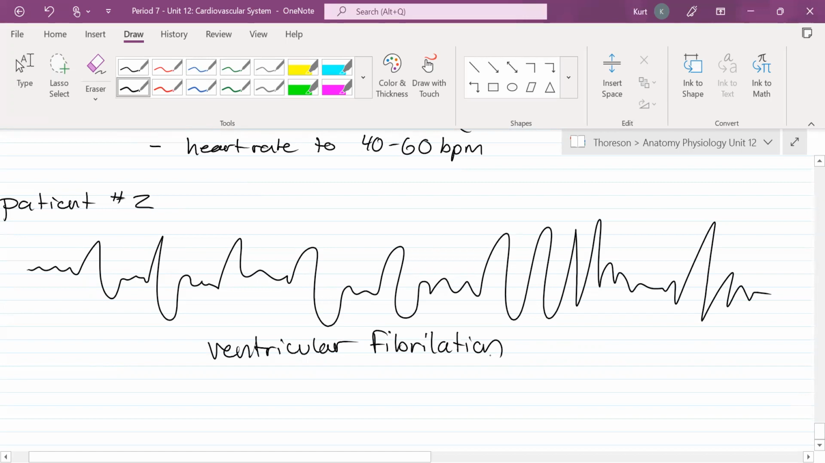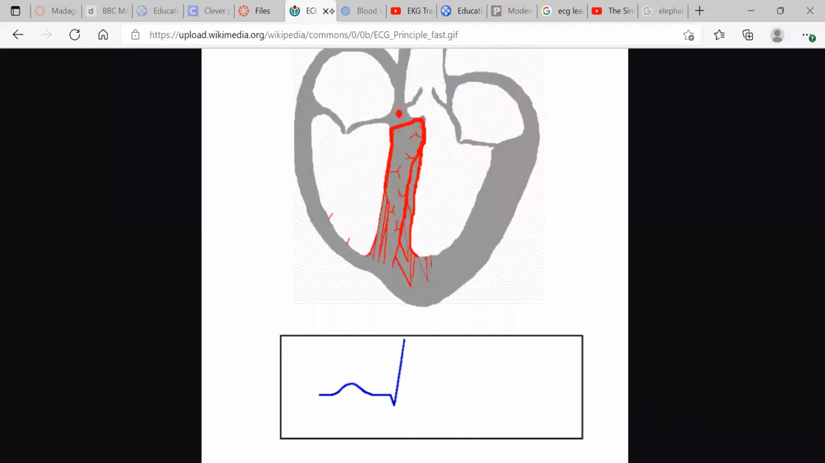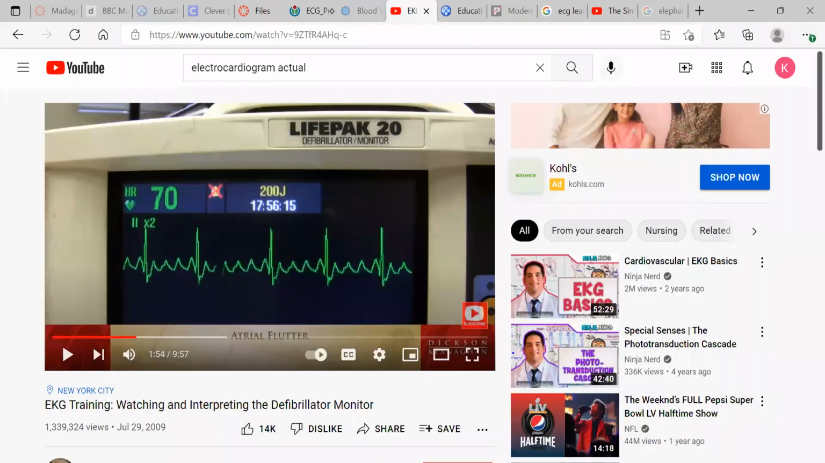All right, so before I turn off the recording, I want to show you what YouTube video we're going to watch. So I'm going to switch back over to the internet just so you can see. Where did I put it? Here it is. So if you go to YouTube, you type in EKG training, watching and interpreting the defibrillator monitor. We're going to watch this and I'm going to see if you guys can diagnose it, okay? Let's turn this